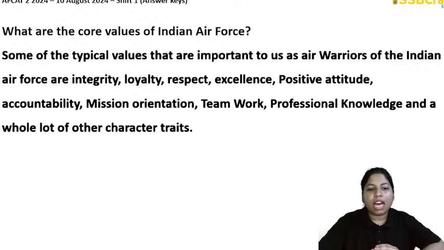Okay, what are the core values of Indian Air Force? Yes, core values of Indian Air Force. Yes. So some of the typical values that are important to us as air warriors of the Indian Air Force: integrity, very much important, loyalty, okay, respect, excellence, positive attitude, accountability, mission orientation, teamwork, professional knowledge and a whole lot